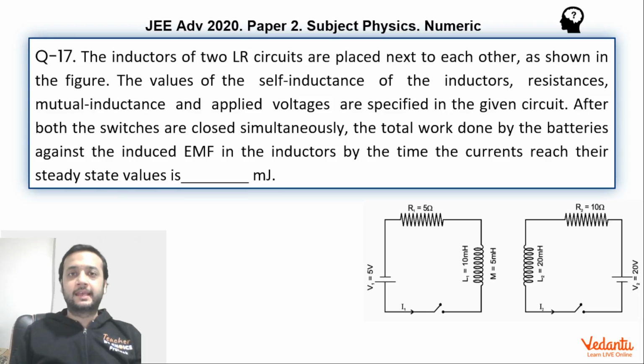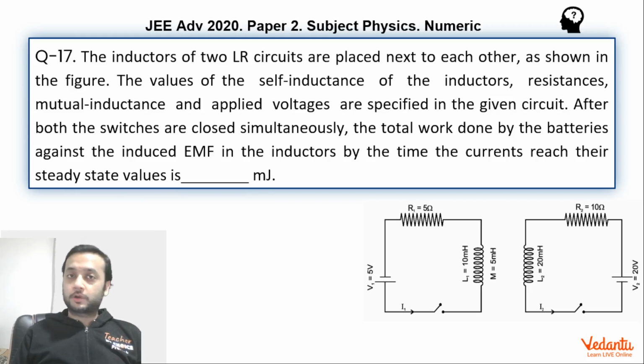Hi dear students, let's see this question that came in JEE Advanced Paper 2 Physics in the year 2020. This was based on the concept of mutual inductance in a circuit based question, and hence many students would have left this question, or simply they would have been confused. The reason is not that this question is difficult, but